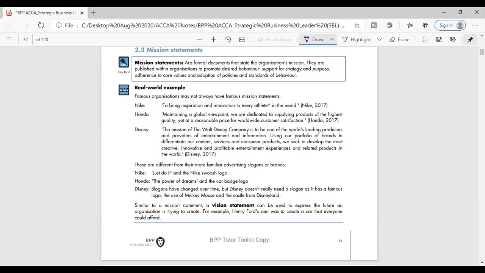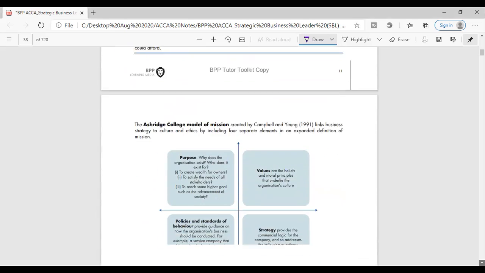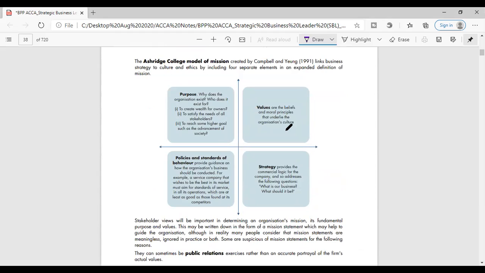Okay, so based on this, we might be asked to comment on a mission statement or state if the mission statement is providing the right message. Ashbridge College model of mission. So there is the Ashbridge College model as well to talk about how the mission statement should be formed. And the mission statement, as we said, should have value, purpose, policy, and strategy. So it should have these four components